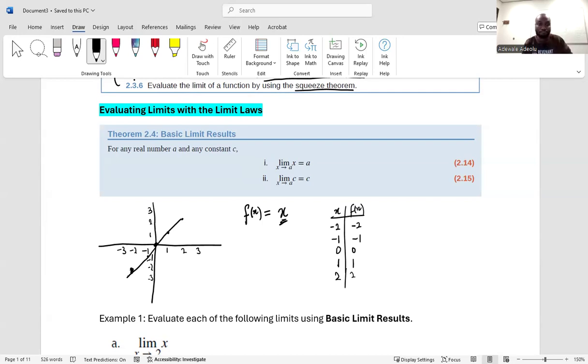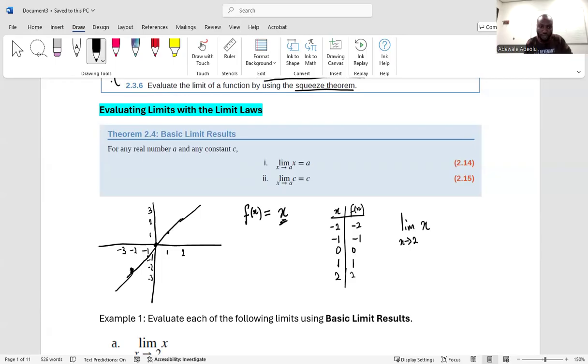All right, now if I ask you what is the limit as x goes to 2 of our function f of x, which is x,